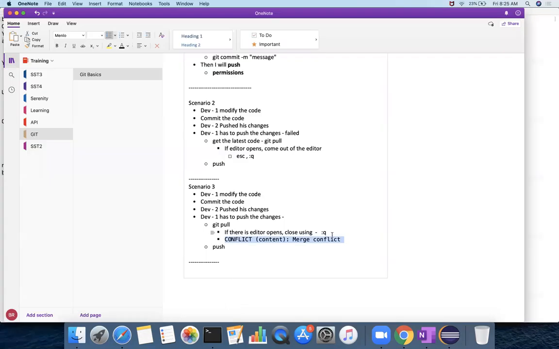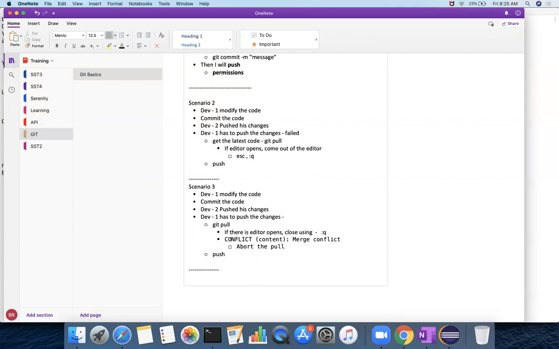Okay, now if you got the conflicts, you have two paths to follow. One path is to abort the pull. So you don't know what to do with these commit conflicts, and you don't want them at first.